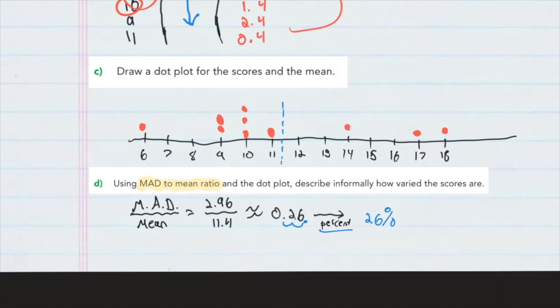So when we're asked to say, using the MAD to mean ratio and the dot plot, describe informally how varied the scores are, what we would say is, because the ratio is so small,